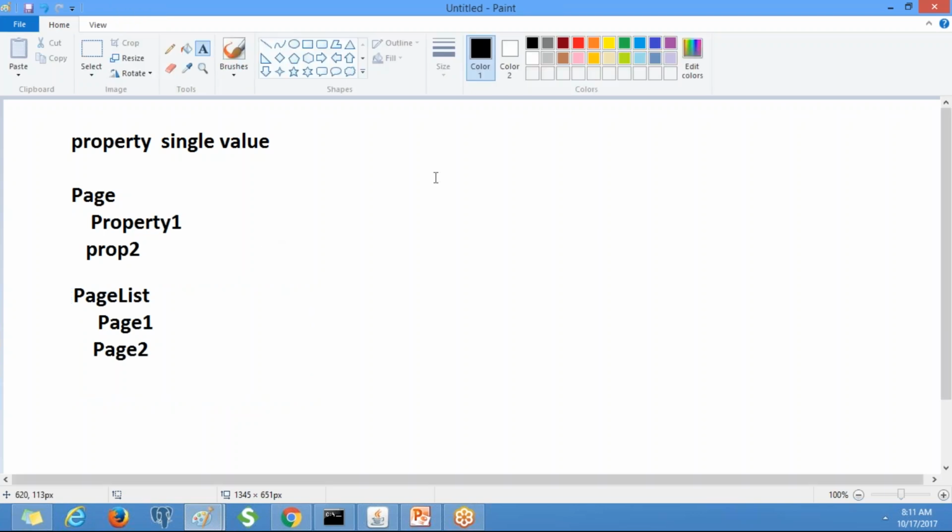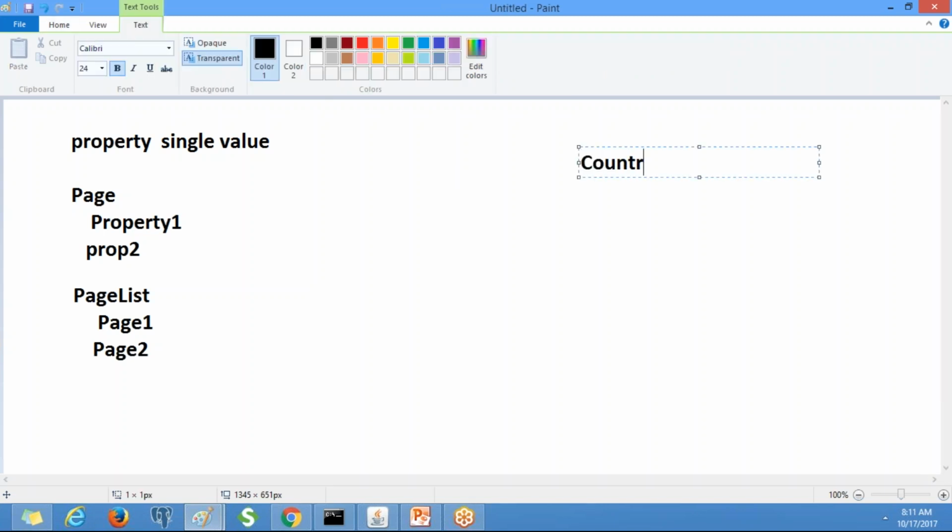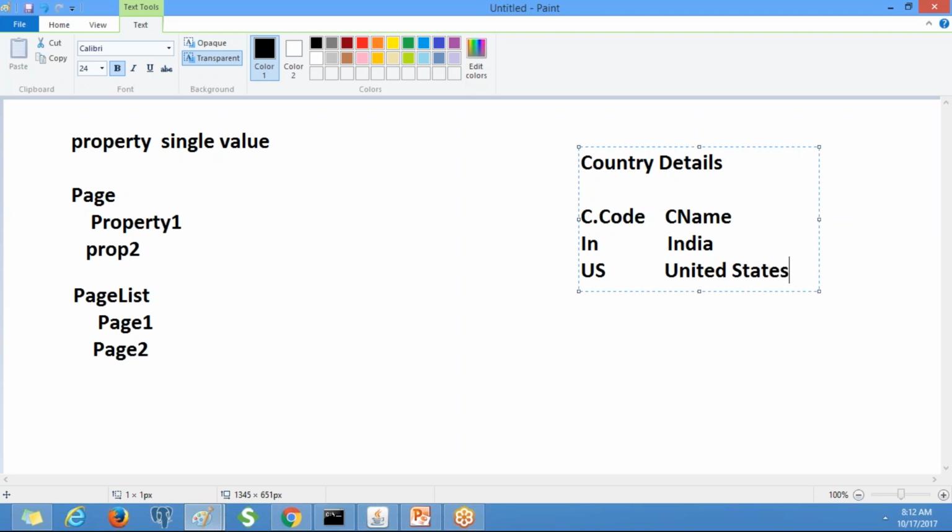Now you tell me, in order to fetch multiple records, which property type should we have? See, I'm going to retrieve multiple records from the database. This is the country details, with a country code and country name. How many records do we have? We have two records. Each record is equivalent to one page.